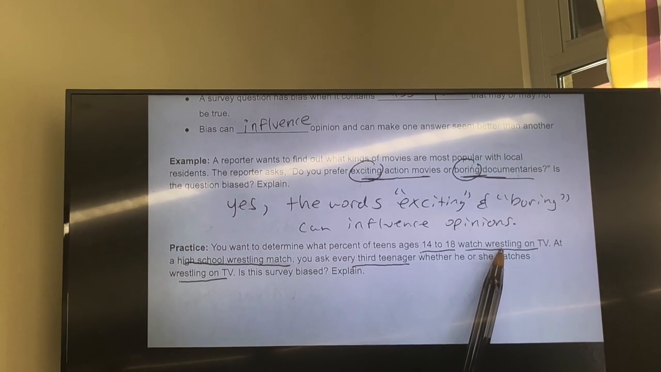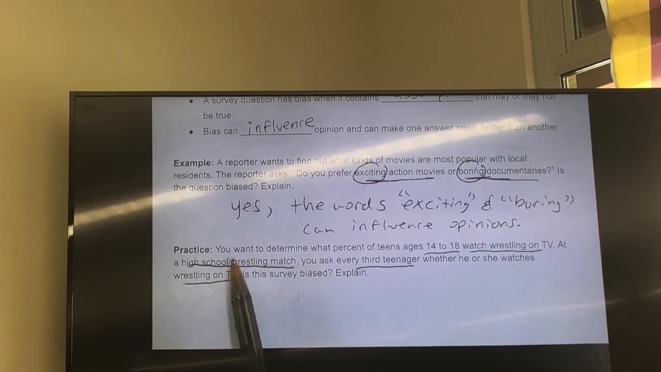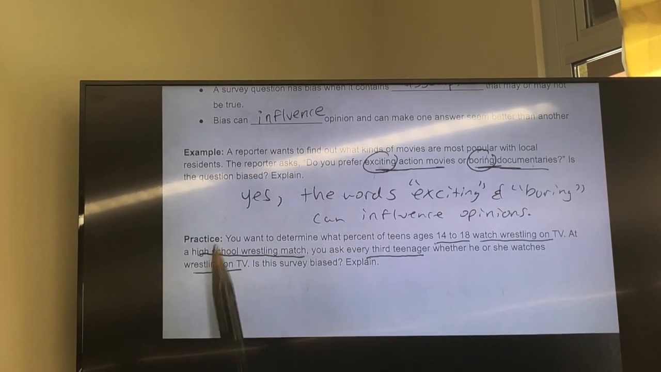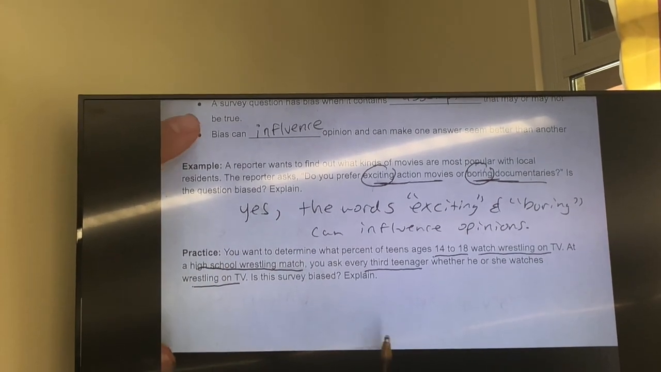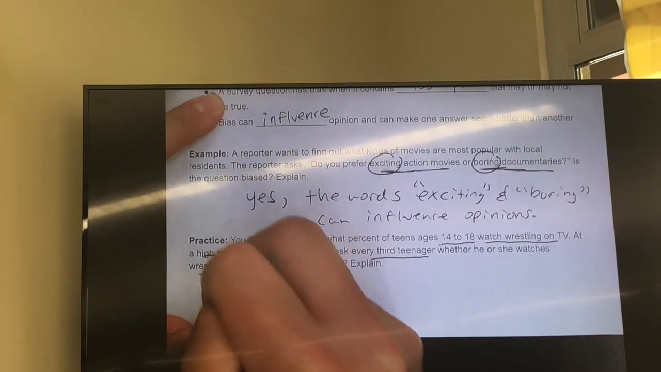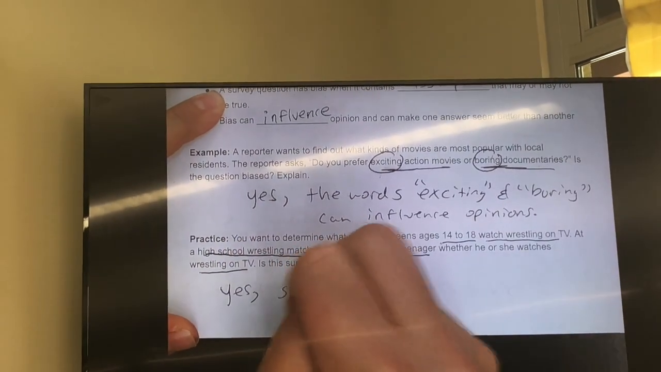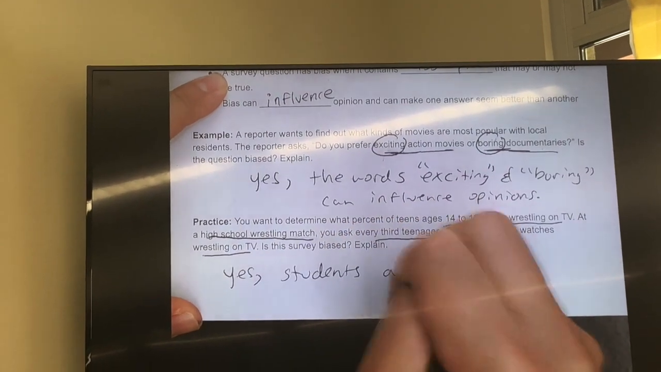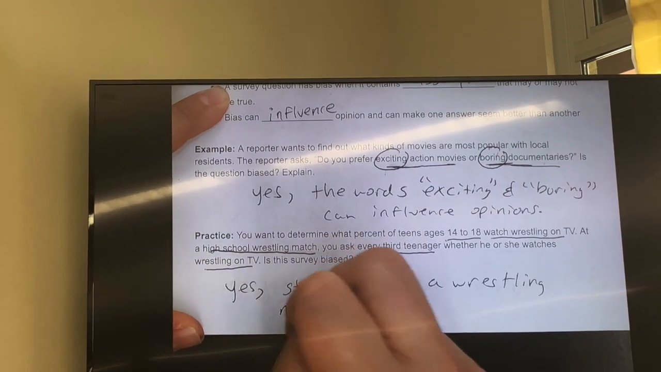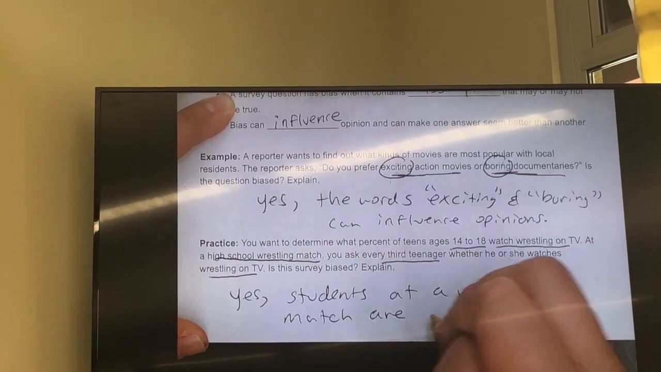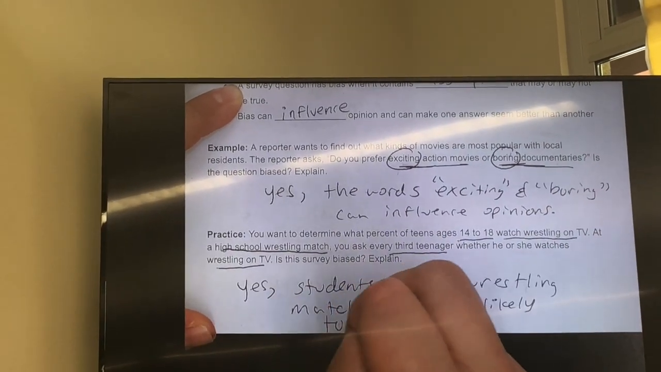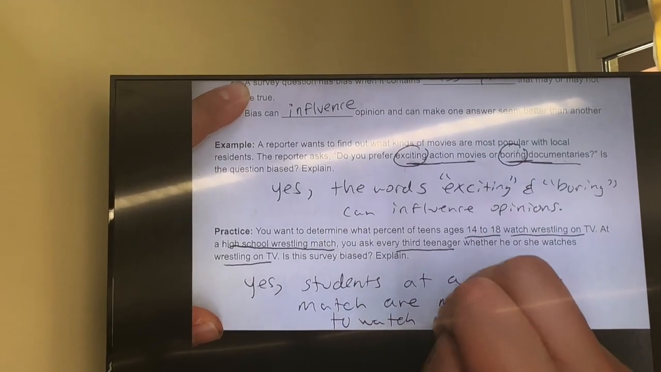Miss May, where are these people at? The wrestling match. Yeah, they're at a wrestling match, so aren't they watching wrestling right now? Yes, that is going to be bias, right? You shouldn't be interviewing people that are at the sports that you want to know if they watch on TV. So yes, students at a wrestling match are more likely to watch wrestling